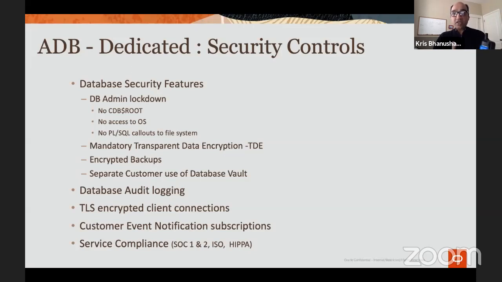No humans get to the OS, which makes it definitely secure. It definitely reduces the surface area of attack. Besides, of course, a slew of features around encryption, the way we use Database Vault to make sure that even admins do not have access to customer data domains. Again, a key differentiator compared to other cloud service providers.